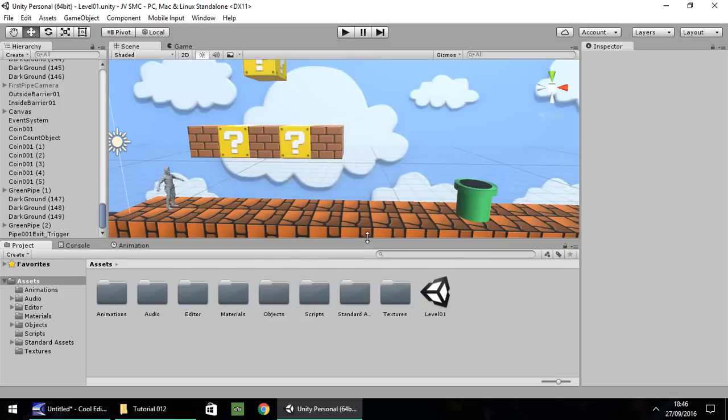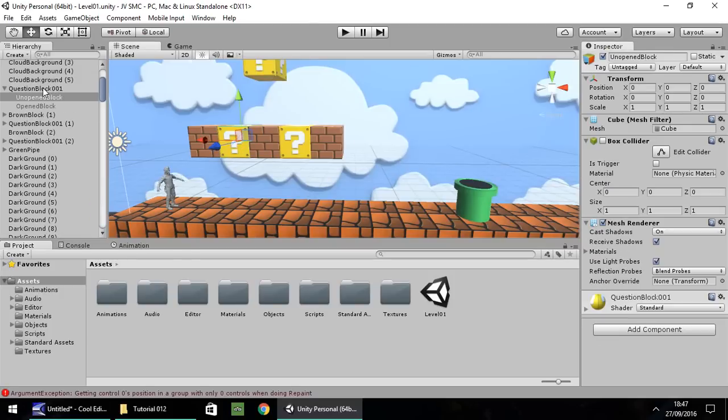So this episode, we're going to be focusing on this particular question mark box here. We're going to make our character jump, hit it, and a mushroom is going to come out and move along our level. Now, although it's probably one of the simplest things to do in a Super Mario game, creating it and creating the correct environment for it can be a little bit complicated and slightly long-winded. So I'm going to try and keep this tutorial as short as possible, and we're going to get straight into it. So the first thing we're going to need to do is this particular block itself.